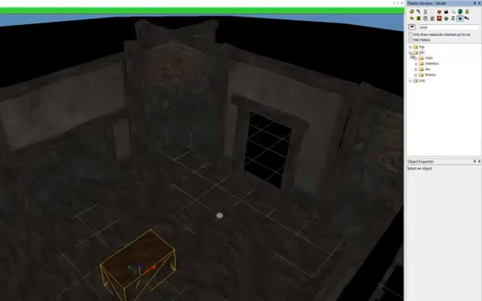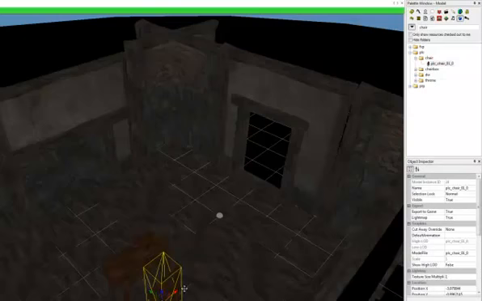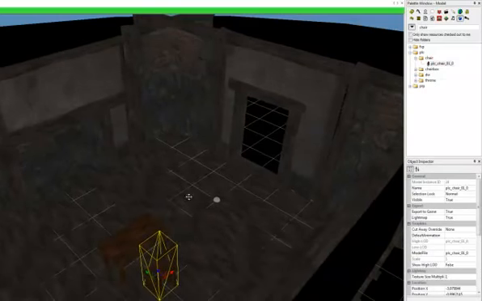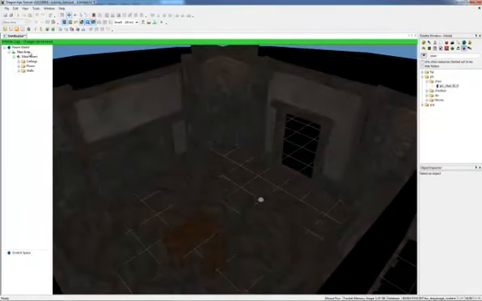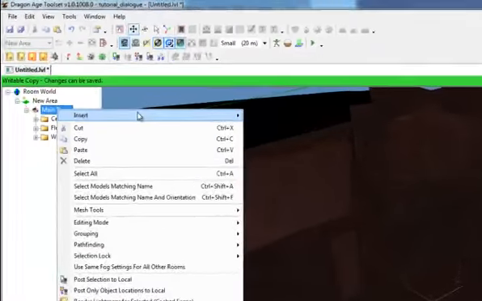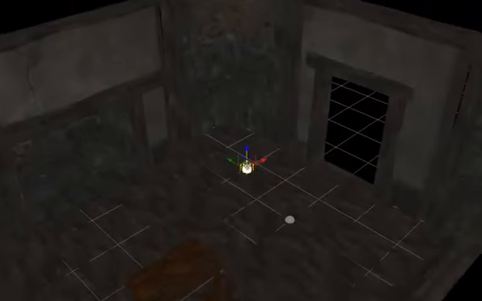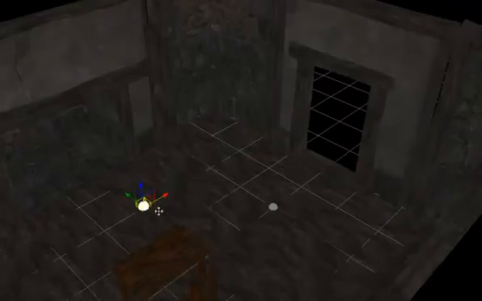So we'll find a chair, bring a chair down, and we have a tiny, sad little house. We should probably also put a light in here. So if we go to main room, right click on it, insert a light, it gives us a light right away. Put it on the table